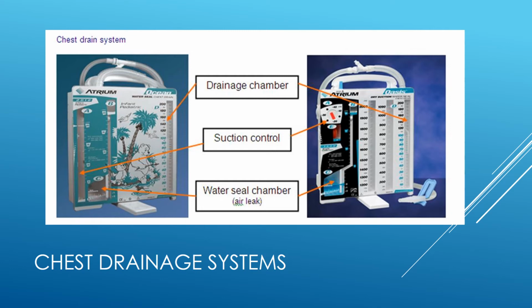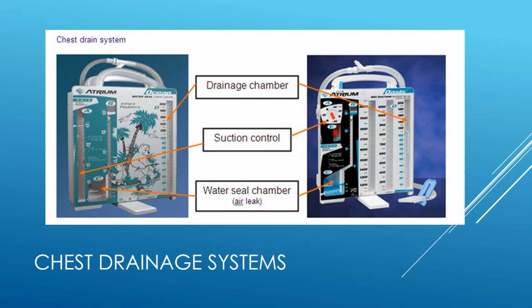Over here, you can see the A chamber is much different. The dry suction chambers have a little dial. It kind of looks like a clock, and this little orange piece here shows you how much suction you have. Again, most oftentimes it's probably going to be negative 20 centimeters of water. So they look a little bit different, and that's how you can tell which type it is. The dry suction will have a little clock dial, and your wet suction is going to have a chamber for water to be in here